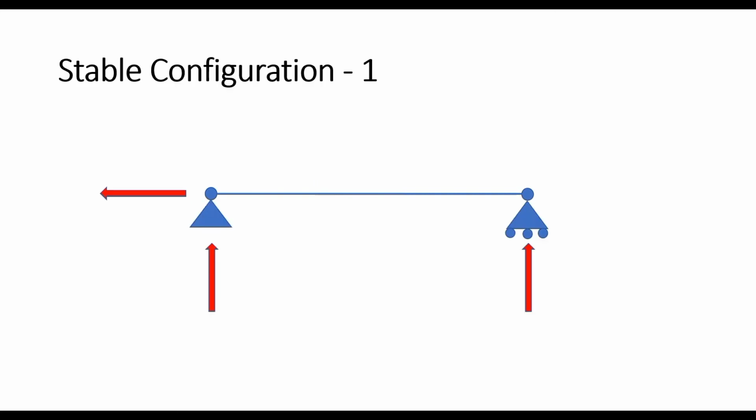This would translate to the following supports: a pin support at one node and a roller support on the other. The roller can only provide a vertical reaction, whereas the pin support can provide both the horizontal and vertical reactions. The stable configuration is called a simply supported beam with roller on one end. Now let us